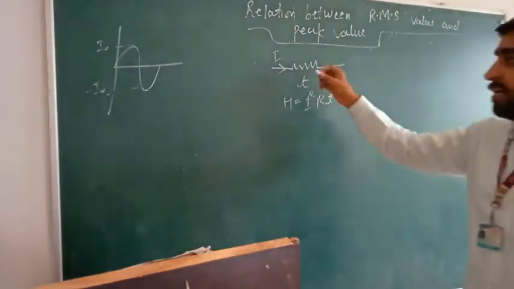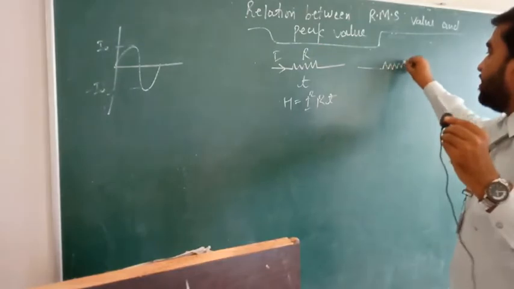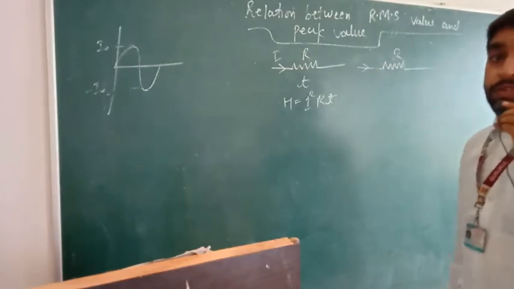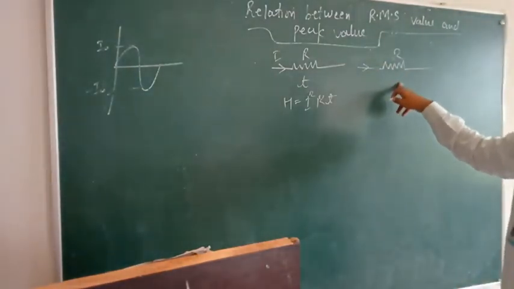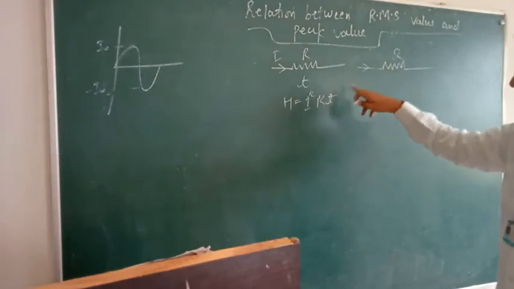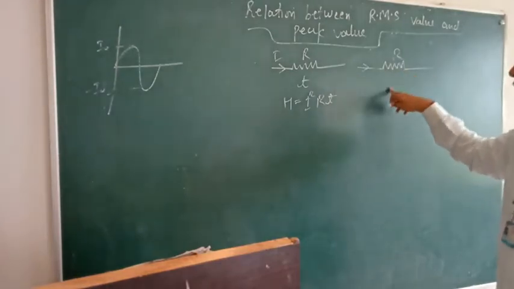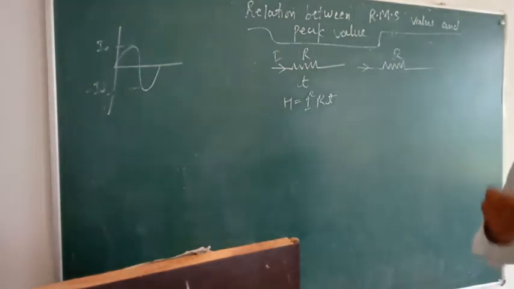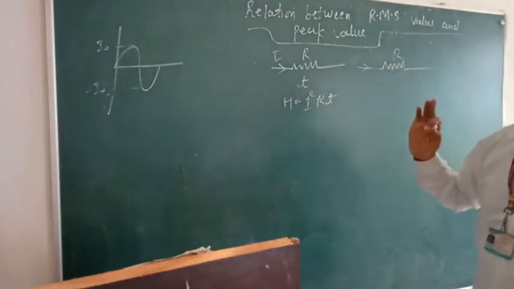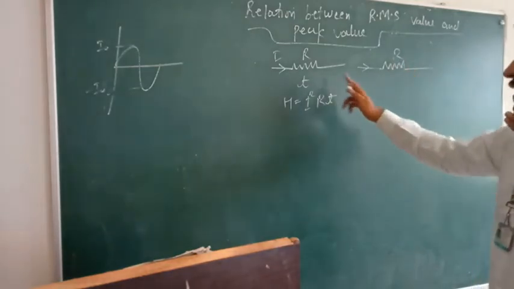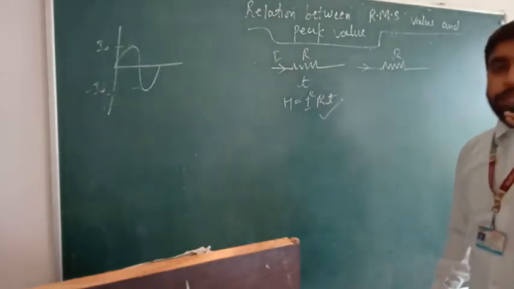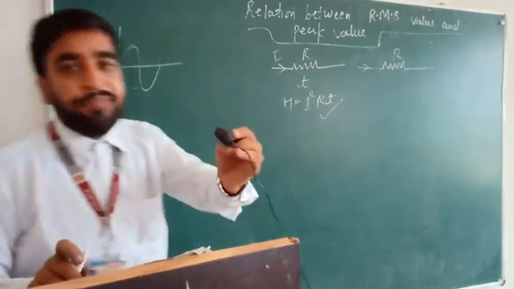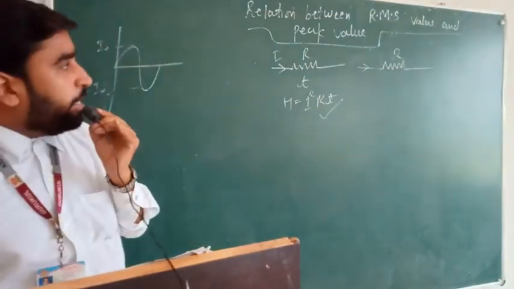Now in the same circuit, for the same time, we transfer the AC. In the given time, the same amount of heat should be produced. That value of AC is going to be the RMS value of AC. The RMS value of AC is that value which, if passed through a circuit, will produce the same amount of heat as is generated by a DC in the given time. The time interval will be equal, T will remain the same. So that is how we calculate the RMS value.